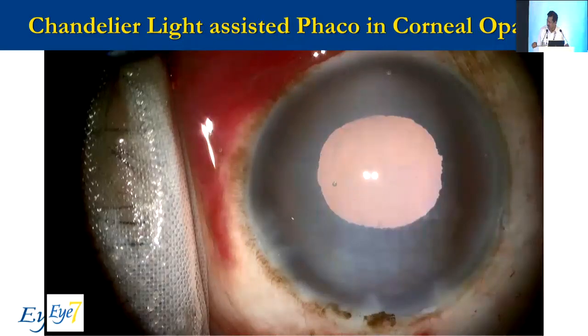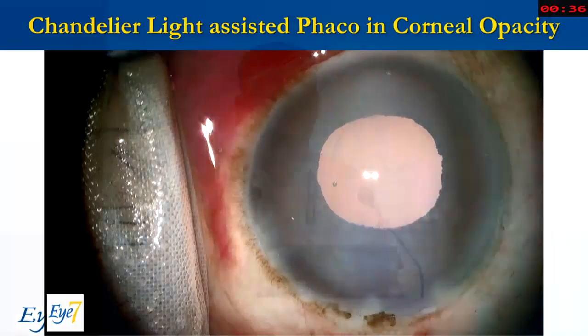Thank you so much, sir. Yeah, so that was a wonderful technique for doing cataract surgery in phacoemulsification with such extensive corneal opacities. But of course, it will not work, I think, in leukomatous opacities. It's only for nebular or macular corneal opacities that it's going to work. Very dense leukomatous, it may not work because the light will be reflected. If it is white, if it is in the center, you can still do it, yes.